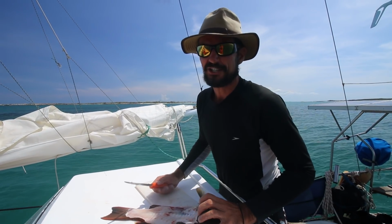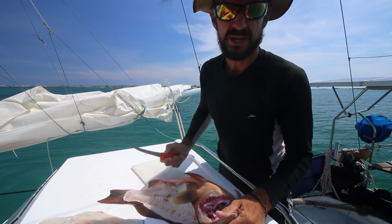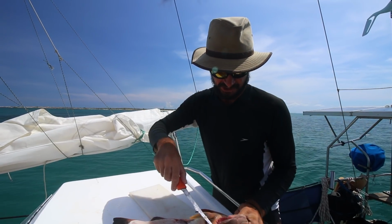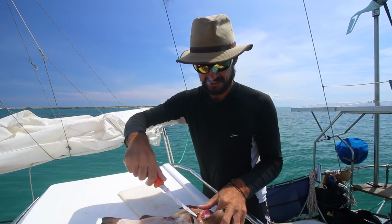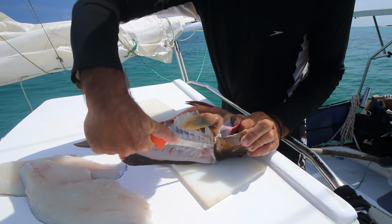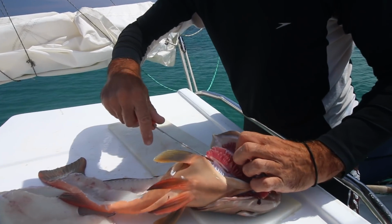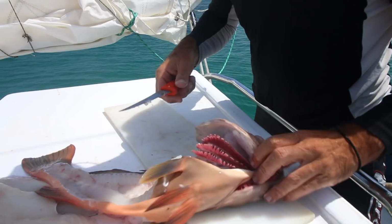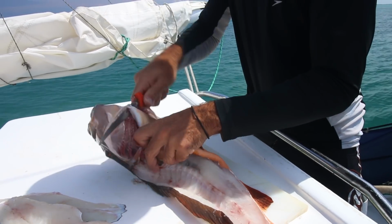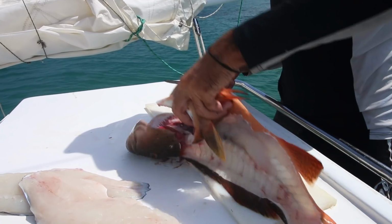I'm never going to do any instruction on filleting, obviously, because I'm a bit rough, but what we do like to do is get the wings off our fish. What you want to do when you're getting them, if you want good salvage, is there's a little bony flap just here, right there. You want to get your knife under that and sever it. There. And this other side, you can just hook your knife under it, just cut it. Here we go. Cut the throat out, knife forward, it comes out, okay, pull him like this,